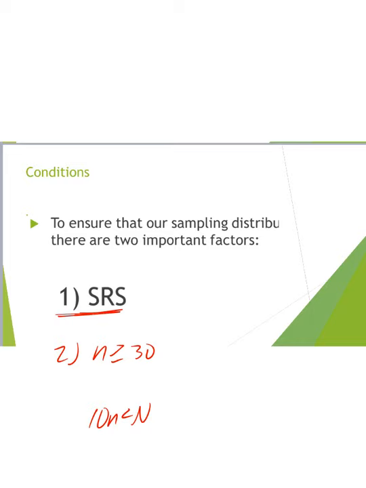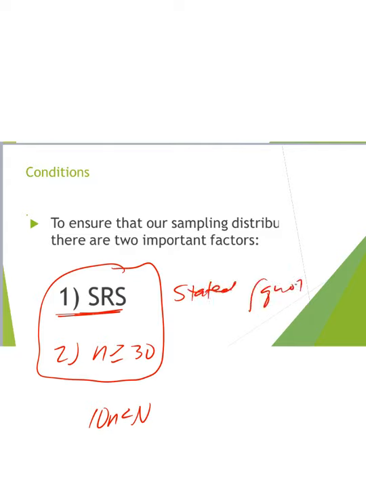So what we're going to focus on to start are these two conditions, if you will, to ensure that our central limit theorem is appropriate. For the SRS, this would typically be stated in the question, and we just quote it to say, yeah, it's a random sample. The question tells us it's a random sample. Here you would reference and say, well, n equals 55, which is greater than 30. So central limit theorem